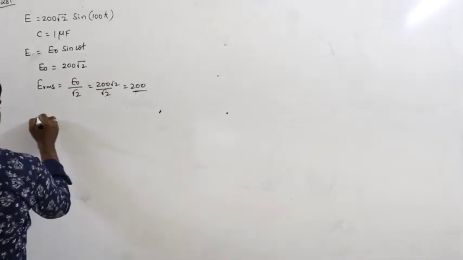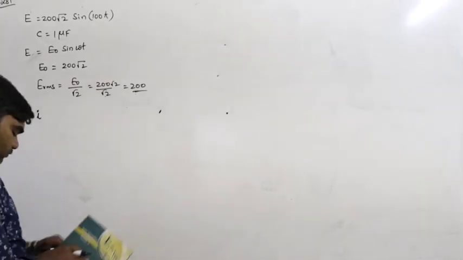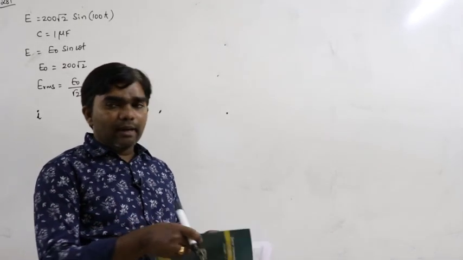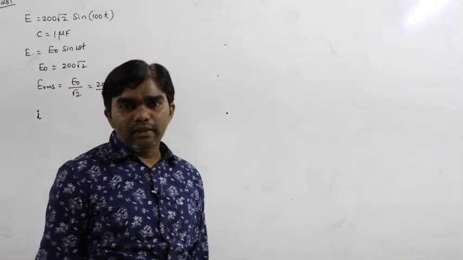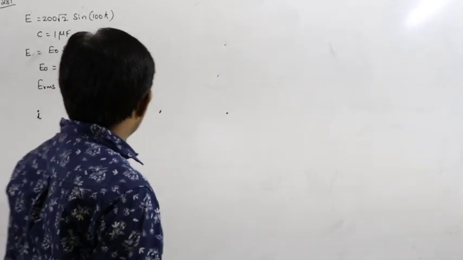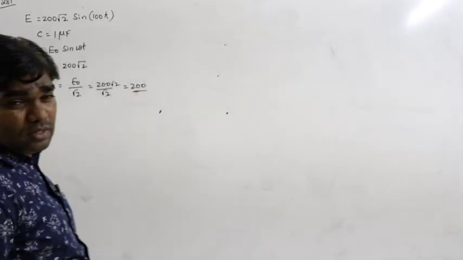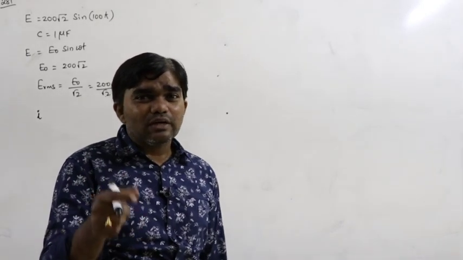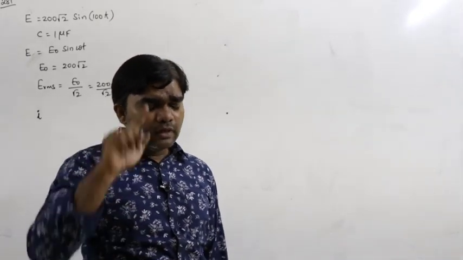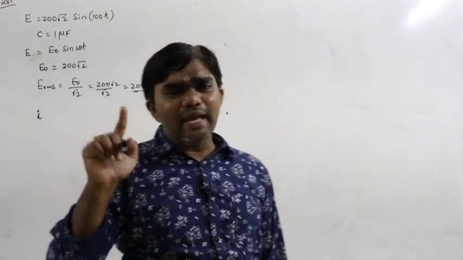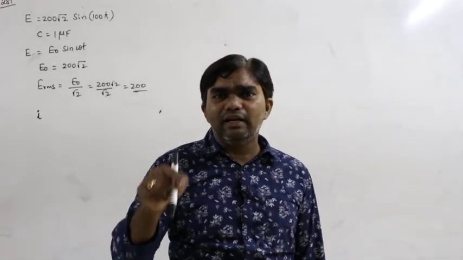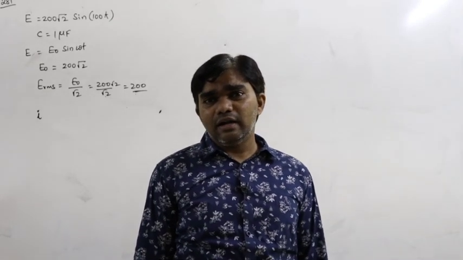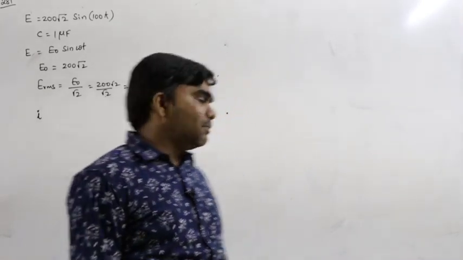And we have to calculate I here. What will be the reading of the ammeter? Reading of the ammeter means, what is the reading of the ammeter? So AC ammeter reads what values? Peak value or RMS value? Blindly you have to remember that AC ammeter or AC voltmeter reads only RMS values. AC ammeter or AC voltmeter measures only RMS values.